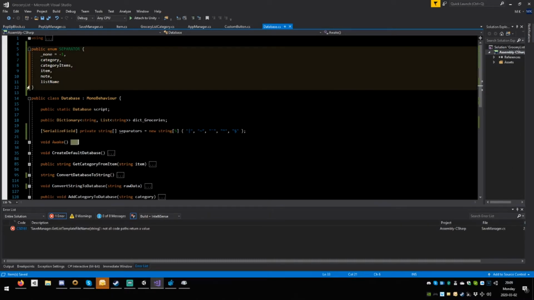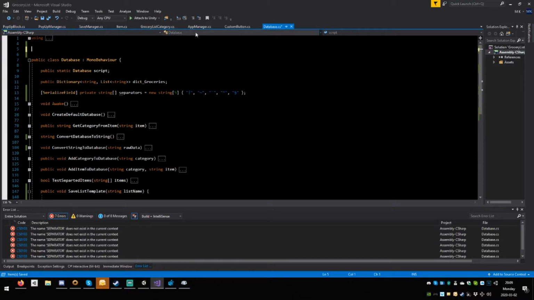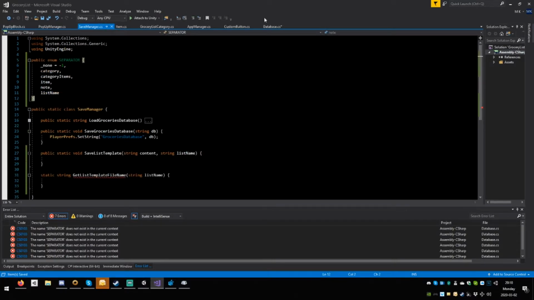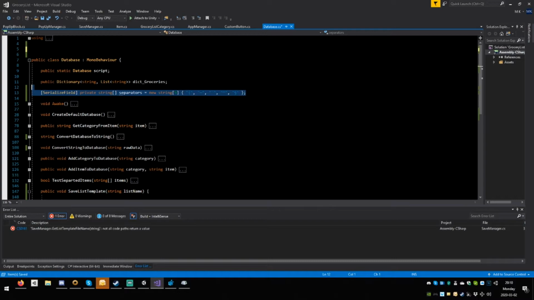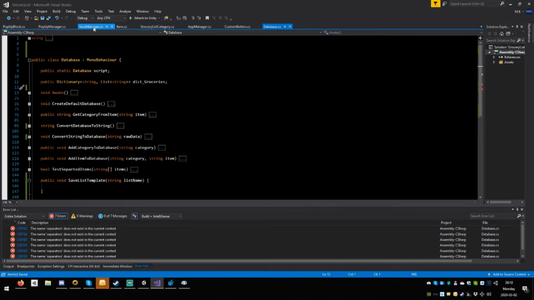Okay, so here's what we're going to do. We're going to cut this. And now it's going to cry, and that's fine. And we're going to put it in here, and now it's going to stop crying. Save. But now we're going to make it cry a bit more. We're going to cut this. Save. And we're going to put it